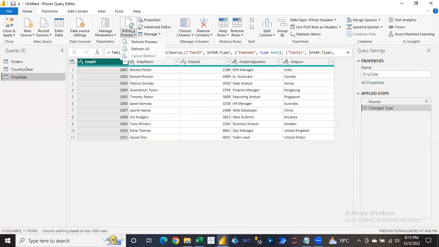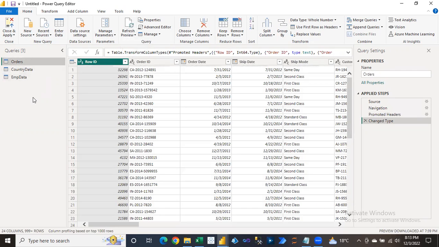Now here you can see the refresh preview. Refresh preview means, for example, if you have made any kind of changes and you want those changes to reflect over here, in that case you can go for this refresh. Once you click on this refresh, the changes you have made in this data set are going to reflect in your data set. For example, if you have made any changes to this orders data, suppose you have updated any values, deleted any record, added any record, added any column, deleted any column, whatever